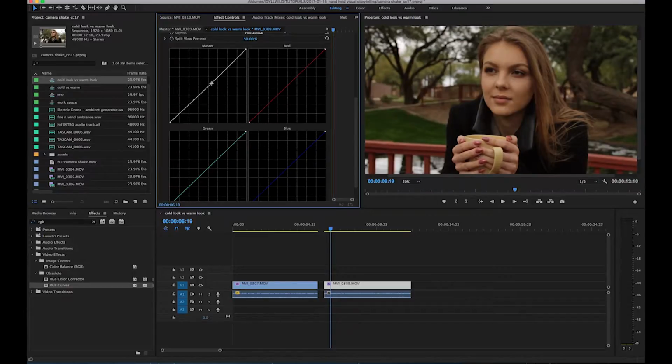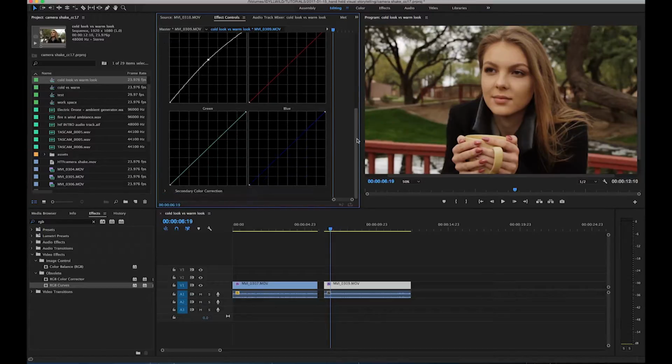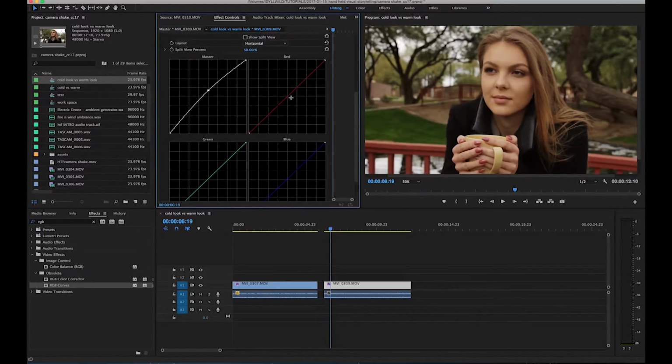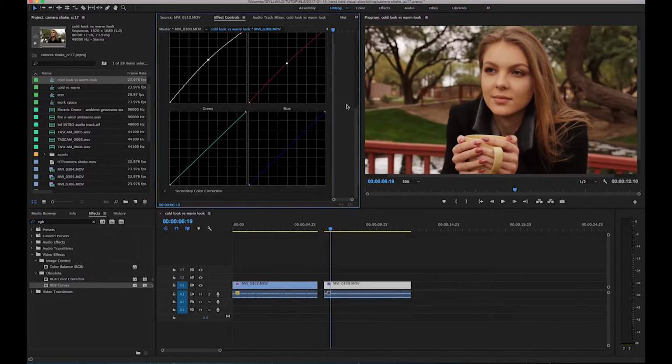So this white line is the master. It affects all the colors. And then instead of, you'll remember in the last one we brought the blues up, in this one we want to bring the reds up and give it more of an orange tone. And on these, a little dab will do you. It's easy to overdo it. That's not what we're looking for. But just bringing it up a little bit,